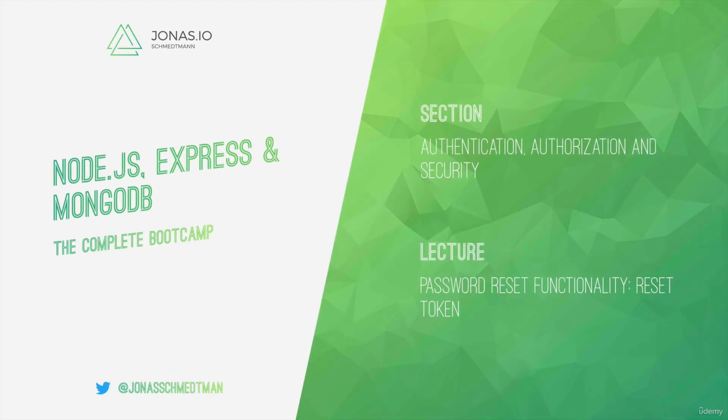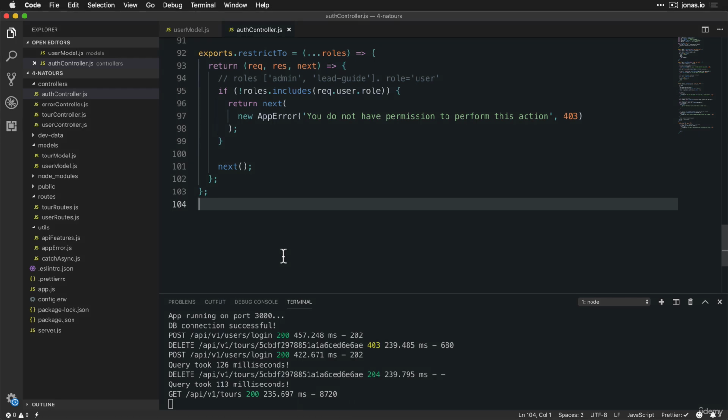In this video and the next ones, we are going to implement a user-friendly password reset functionality, which is kind of standard in most web applications. And probably you have used the password reset on some website before. And usually it works like this. You just have to provide your email address and you will then get an email with a link where you can click, and then that's going to take you to a page where you can put in a new password. And this is a very standard procedure, and so this is also how we're going to implement it here in